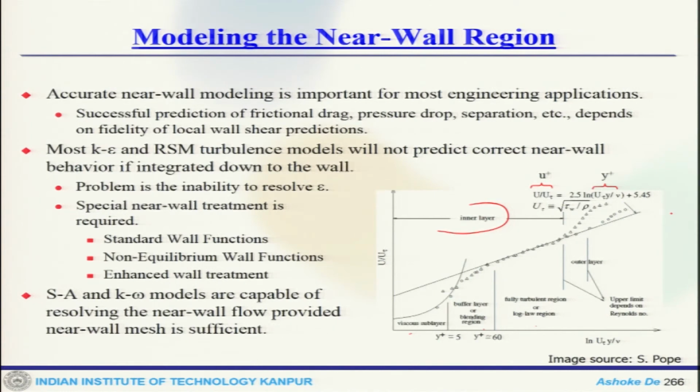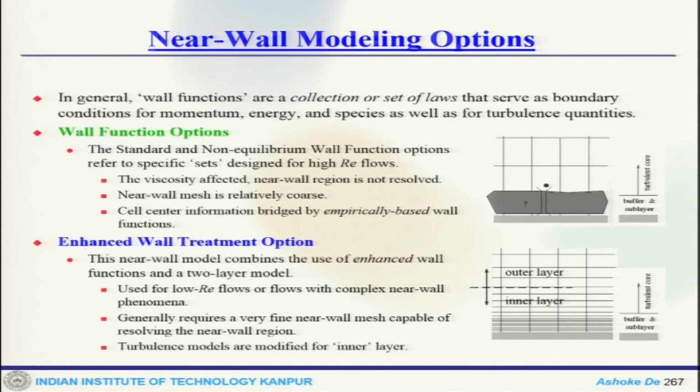So you need near wall modeling for engineering applications because of the drag, pressure drop, and separation; all these are important aspects. Most of the problem is the inability to resolve the epsilon, so we require some treatment, either standard wall treatment. The SA and K-omega models are capable of resolving the near wall flow, provided the near wall mesh is sufficient. That means if you resolve the mesh,